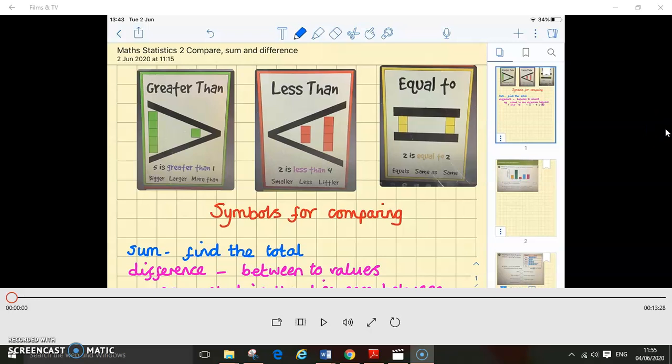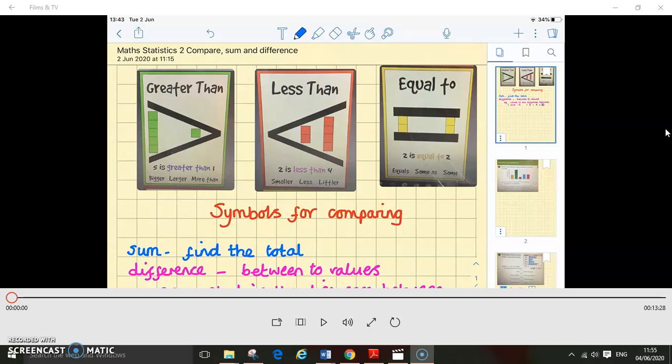Welcome to the second session of your math statistics learning for this week, year 2. And today we are going to be looking at comparing data. We're going to be looking at finding the sum, finding the total of data, and we're going to be looking at finding the difference between two